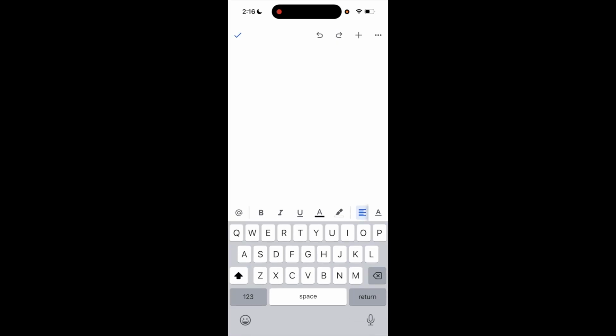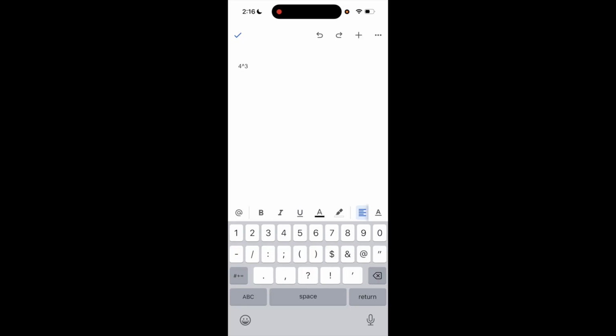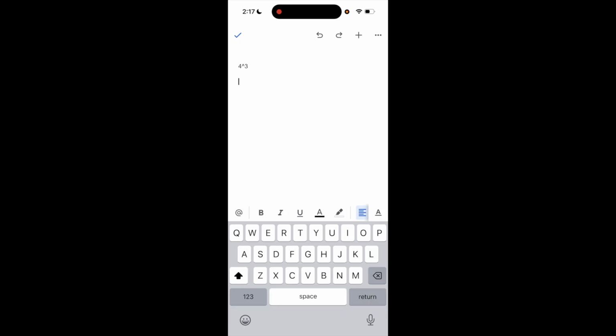So in this Google Docs tutorial, I will be showing you guys how to add Superscript on the Google Docs mobile application. So for example, if you wanted to do 4 cubed, instead of doing this or whatever, you want to go ahead and actually add the cubed logo, Superscript. Go ahead and add 4 right here. Then you can slide this middle bar to the far right,